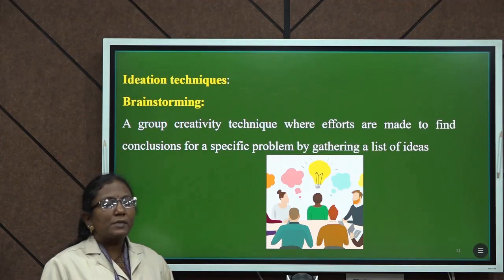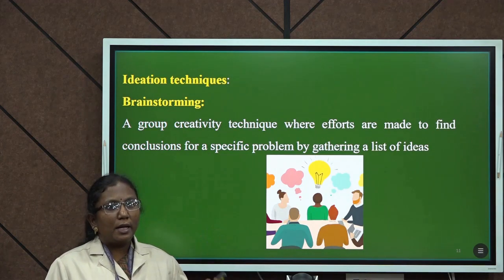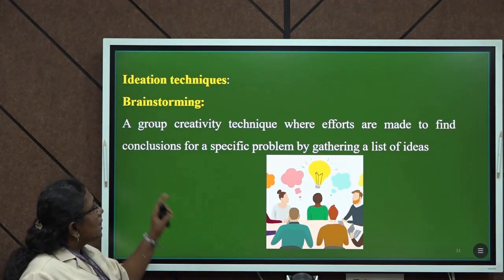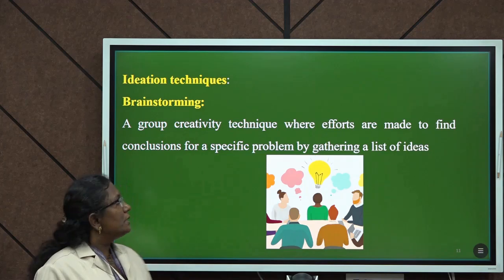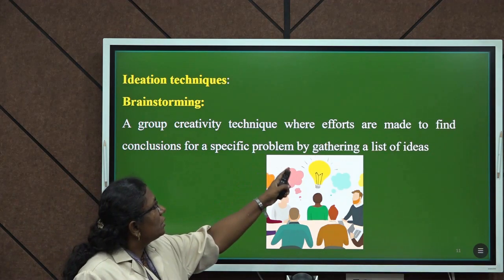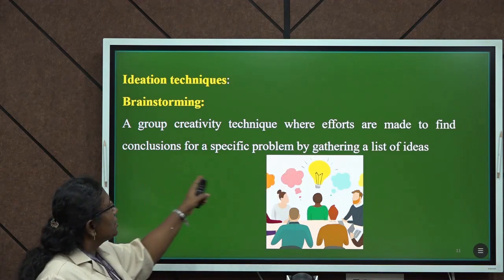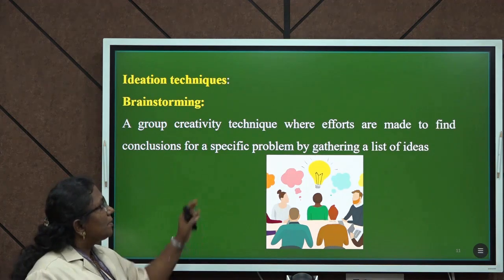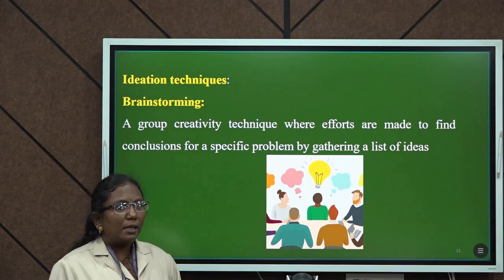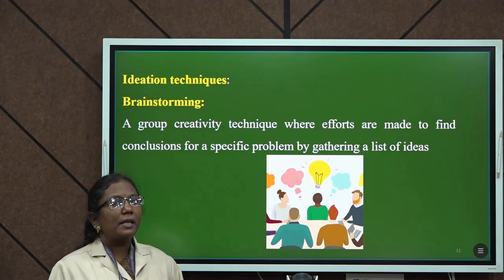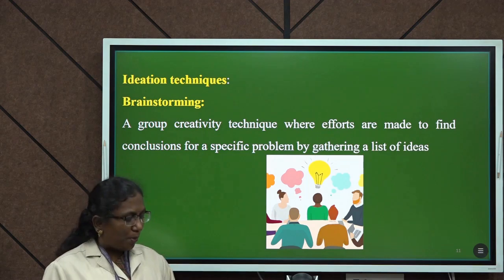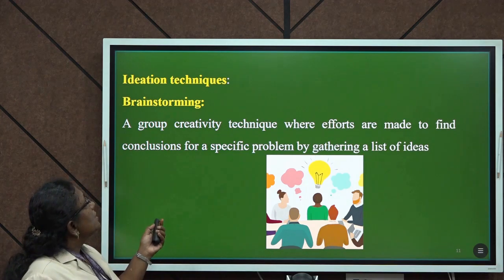there are some techniques which are used for idea generation. The first technique is brainstorming. Brainstorming is a group activity, a group creative technique in which efforts are made to find solutions for specific problems by gathering a list of ideas. That is, a group of people discuss among themselves and create multiple ideas in order to solve the particular problem. And then the next